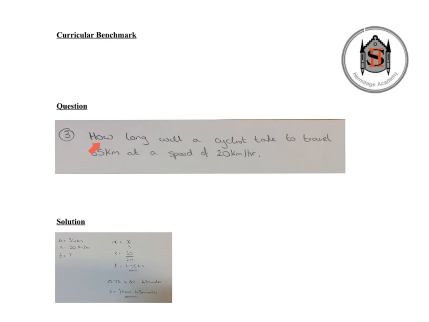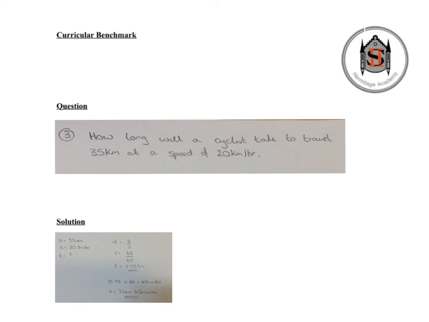The last question reads, how long will a cyclist take to travel 35 kilometres at a speed of 20 kilometres an hour? We fill in DST down the side and fill in what we know. So 35 kilometres was the distance, and the speed was 20 kilometres an hour. The equation we're going to use is T equals D over S. We fill in what we know, which is T equals 35 divided by 20, giving us a time of 1.75